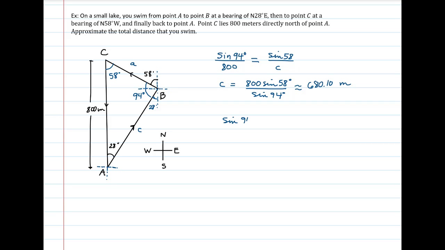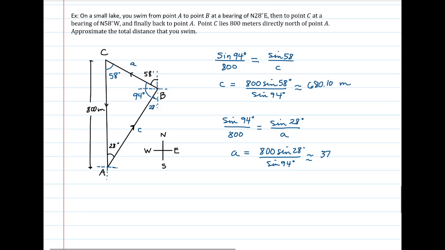680.10 meters. In the same way, we're going to find lowercase a, the side opposite to the 28 degrees. We set it up by doing sine of 94 degrees divided by 800 equal to sine of 28 degrees divided by lowercase a. Cross multiply, solving for a, we get that a is equal to 800 times sine of 28 degrees divided by sine of 94 degrees. Putting this in the calculator, we get that side a is approximately